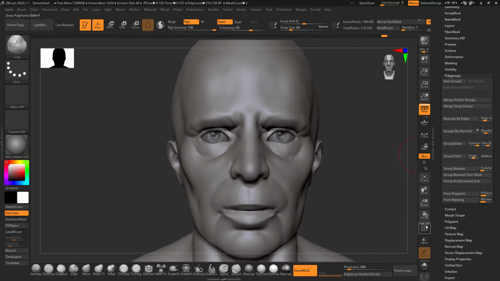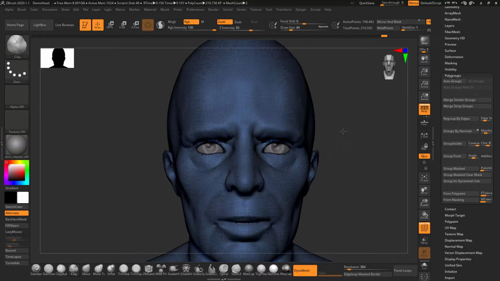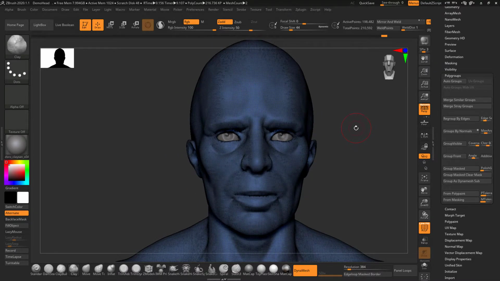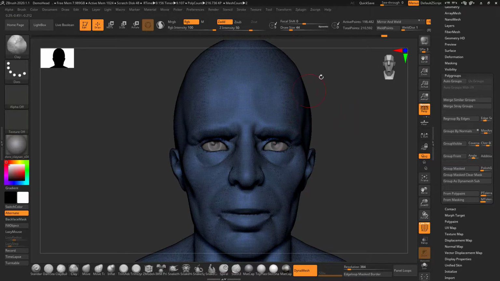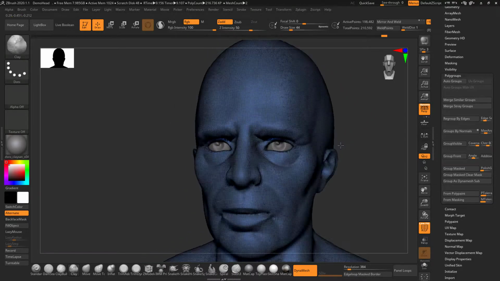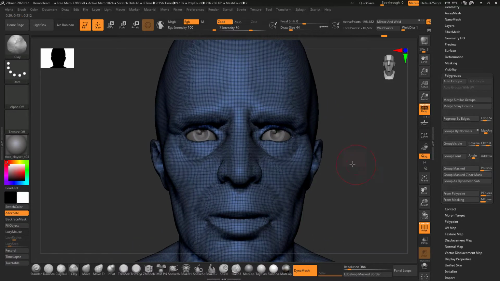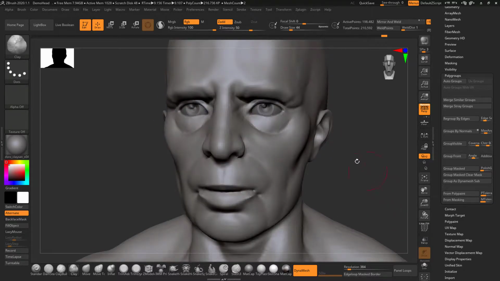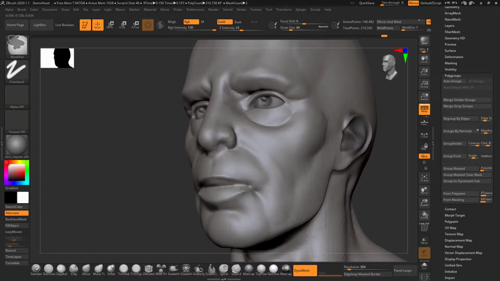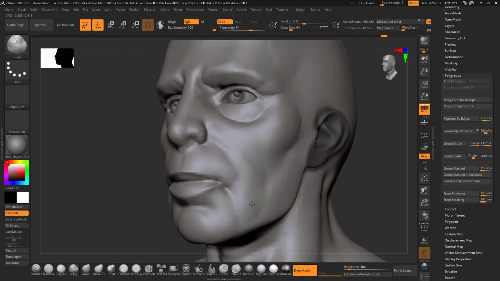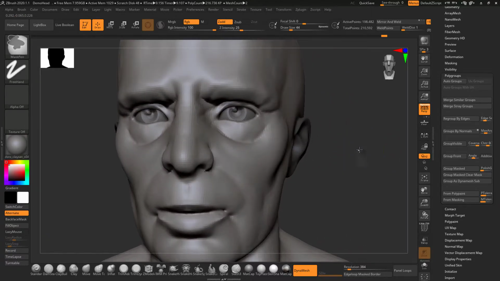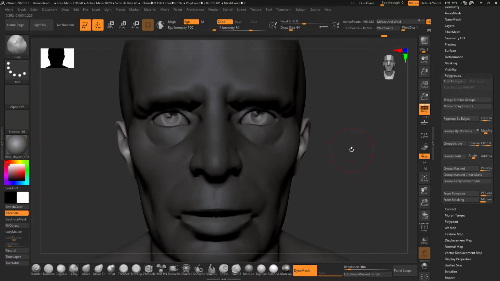So as you can see, this is a complex character. I have created a face, and right now this is in one polygroup. Now let's say I want to change the size of the ears, so I'll have to make a selection and then invert it.